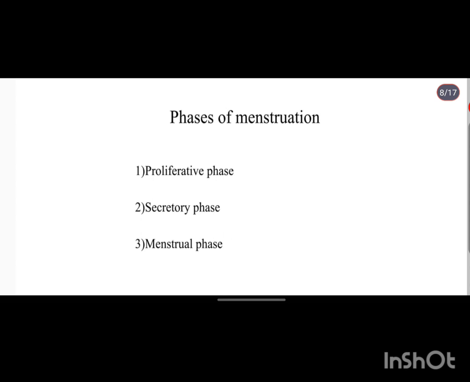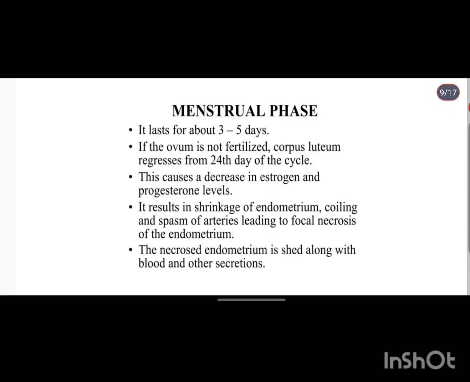So in the normal physiology of menstruation, you need to write the phases of menstruation. It is divided into three phases: the proliferative phase, the secretory phase, and the menstrual phase. Now we'll see them one by one. The menstrual phase usually lasts for 3 to 5 days, and if the ovum is not fertilized, the corpus luteum regresses from the 24th day of the cycle,